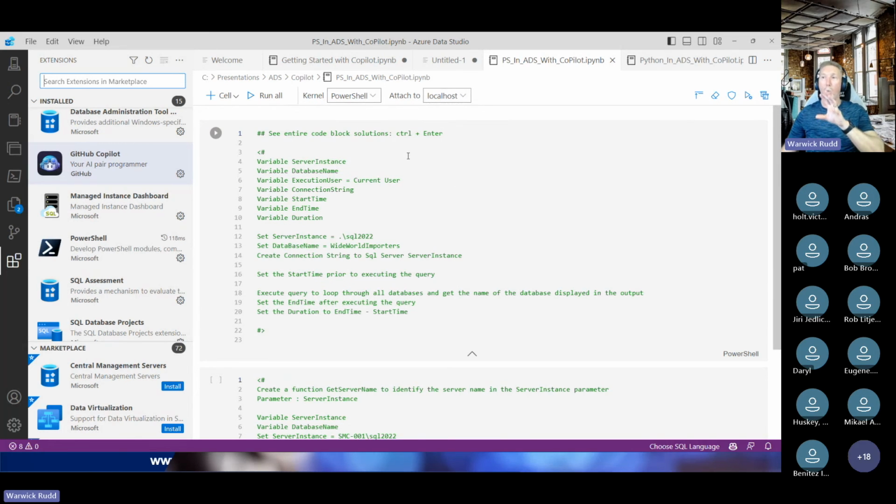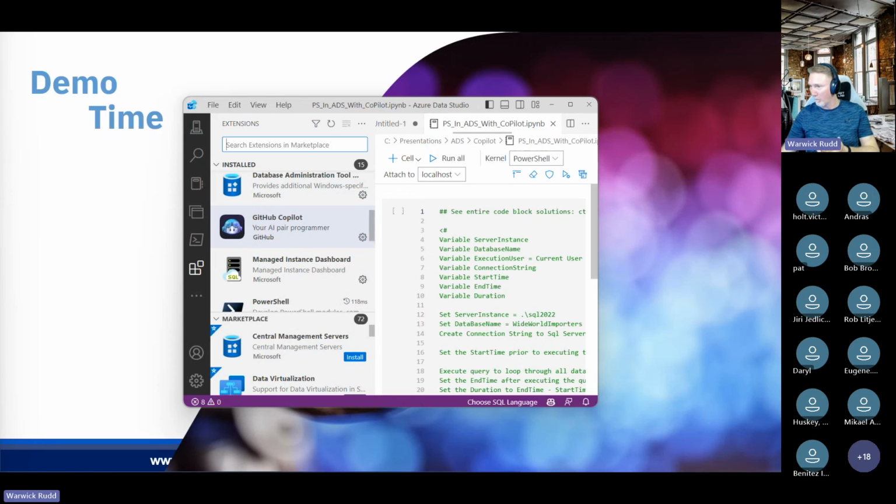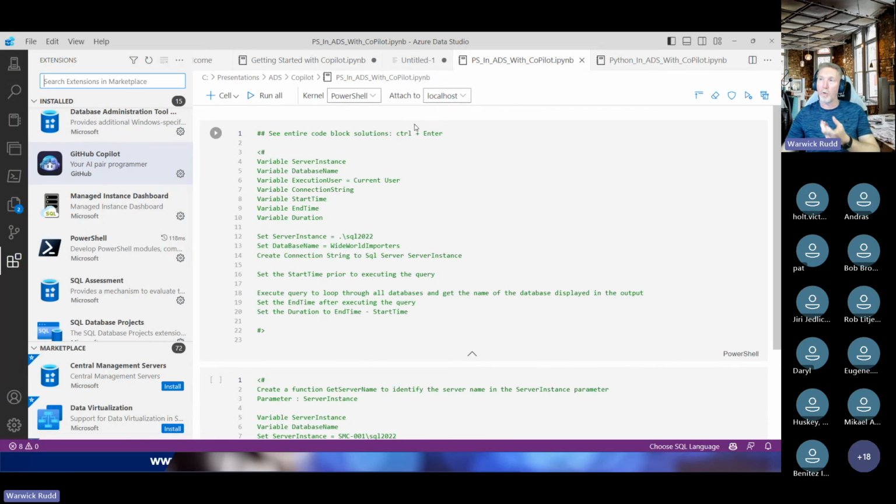And whether I'm running this inside of a workbook, so you can see here that my kernel for the workbook is that I'm running PowerShell, or I can run PowerShell direct in the terminal window inside of Azure Data Studio. Therefore, I don't need to step out to PowerShell ISE. Okay, so